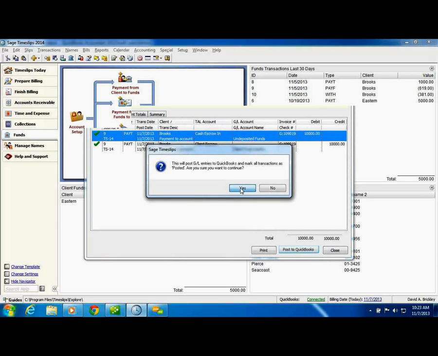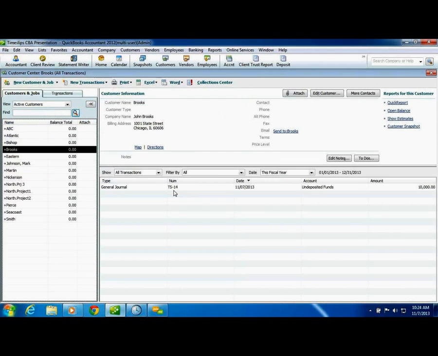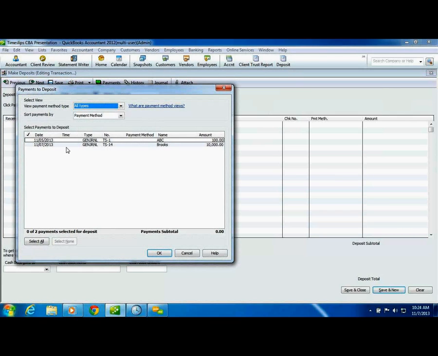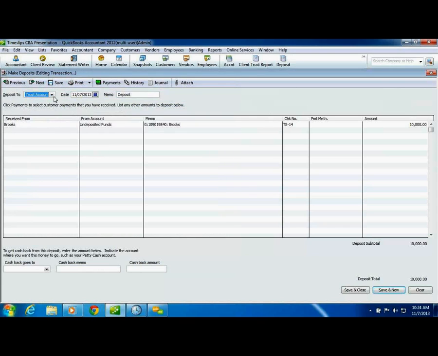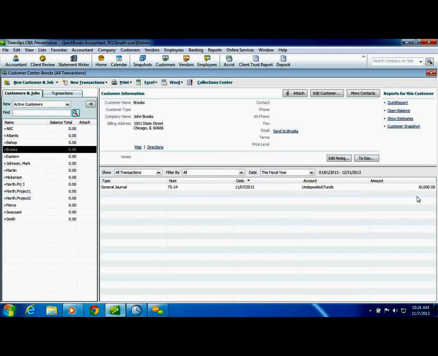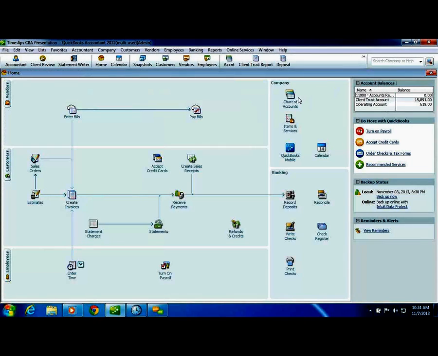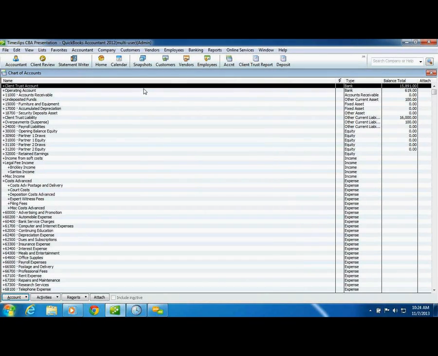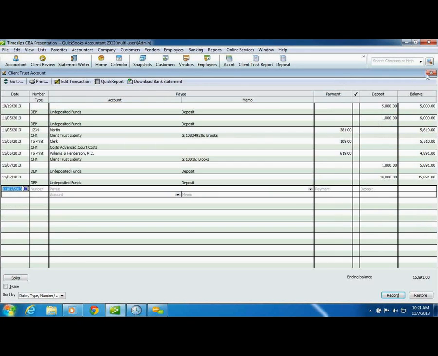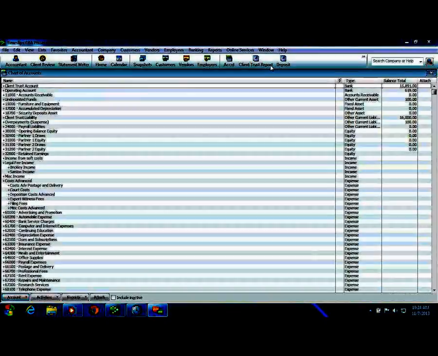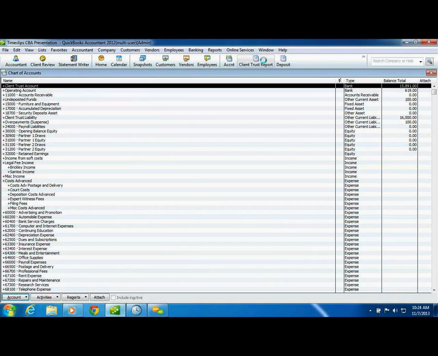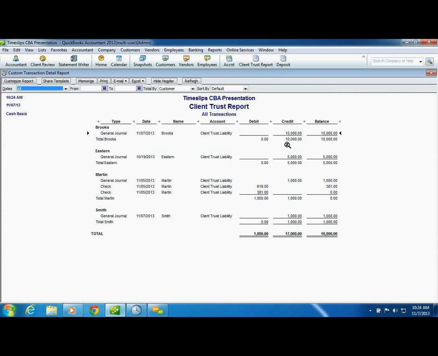We're going to post it over to QuickBooks, and you'll see as soon as we go into QuickBooks, when we go to make the deposit, his check is here for $10,000. So we're going to say OK, and we're going to go ahead and put it into the trust account as opposed to operating, save and close. Now, if I want to look at my bank account, I can see that, and actually you didn't see before, but there is $10,000 more in there than there was before. And I can also run a report that tells me how much money each client has in client funds. So I can see that Mr. Brooks now has $10,000.